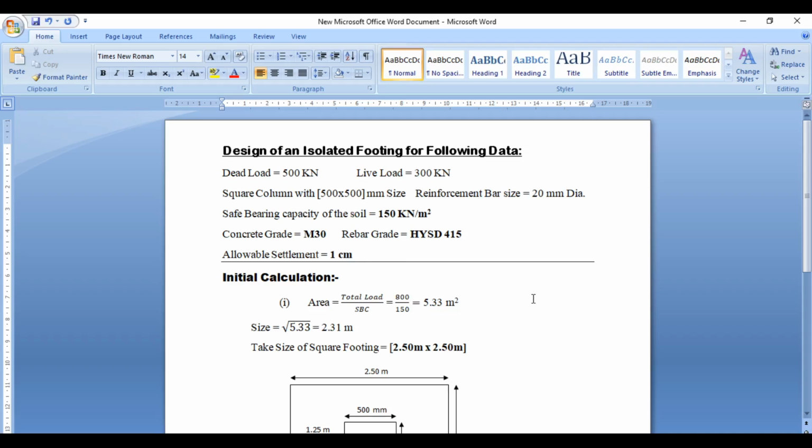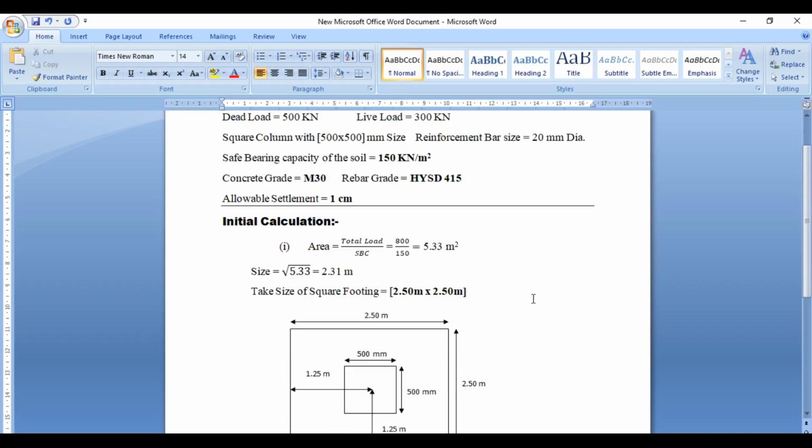So first of all, some calculations are made by me which are useful in the design. Initial calculation: first calculate the area of the footing. Area is equal to total load upon SBC of the soil, that is safe bearing capacity of the soil.